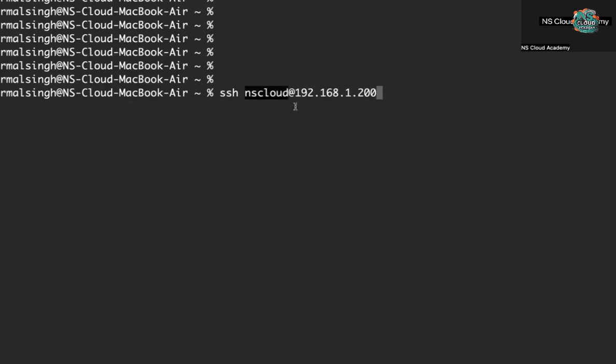First one is the username. At means on which server you are trying to access, right? So on this 200 server, we have created the user nscloud. So either you can use nscloud, and if you want to log in with root, you can use root like this, right? So let's log in with